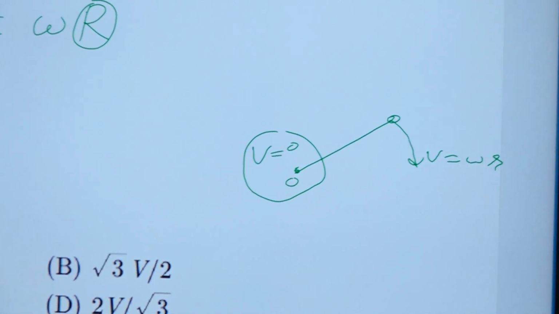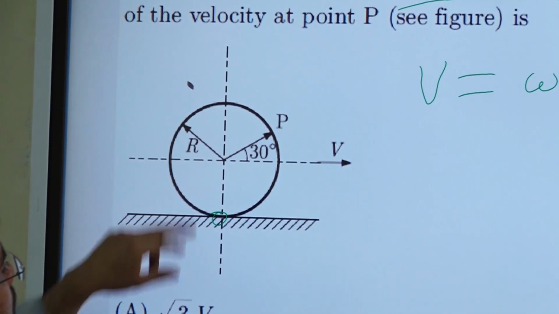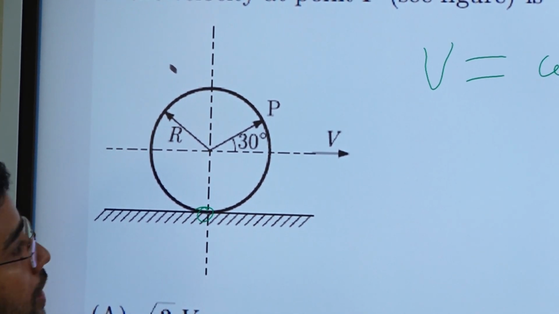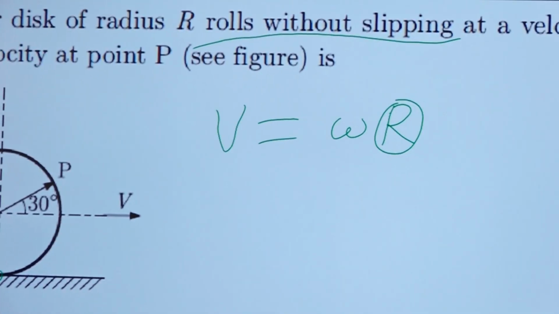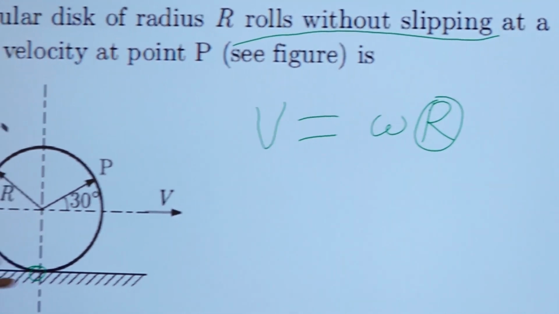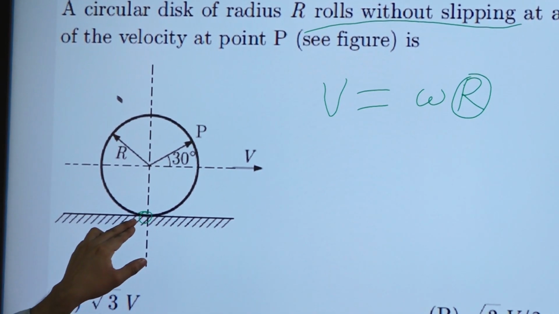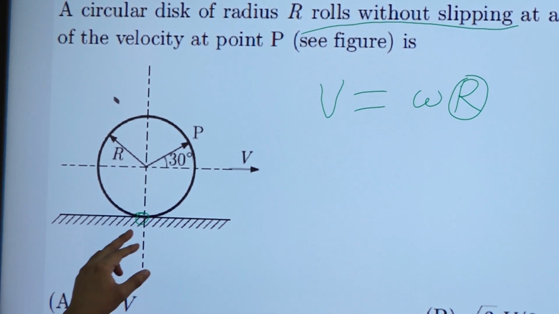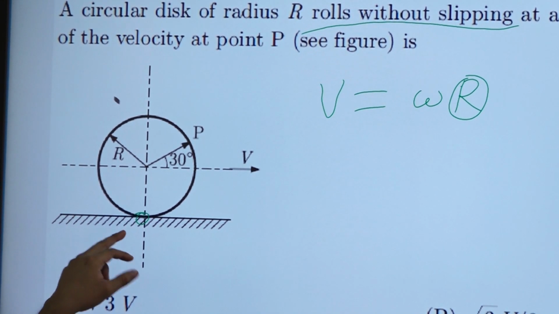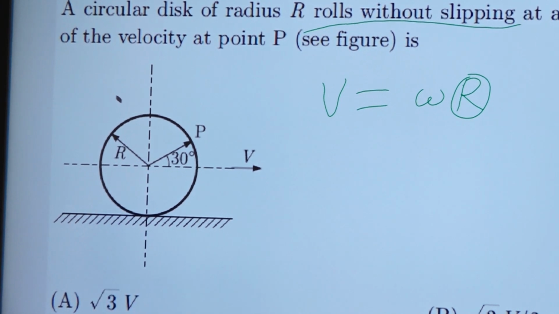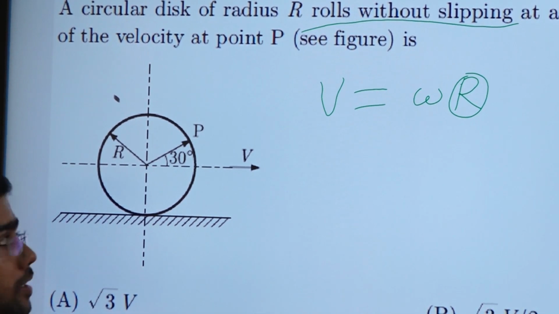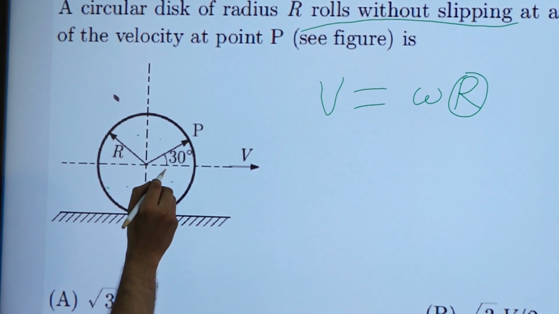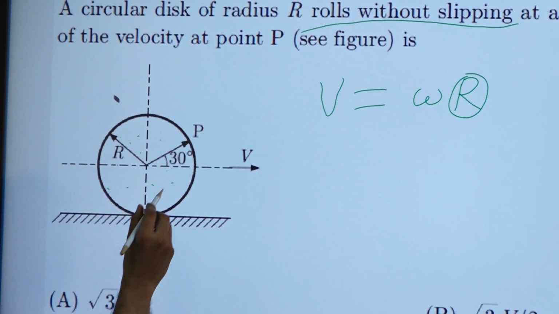In this whole body, when it is rolling without slipping, only the touching point has 0 velocity. So if it is not slipping, this point will always have 0 velocity and act like an instantaneous center, and all the particles in this roller will have velocity